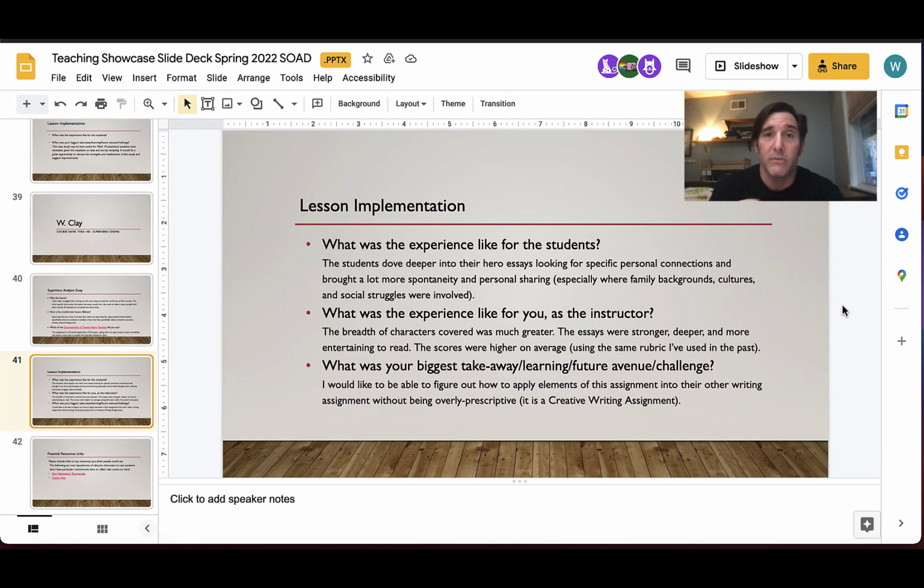What I'd like to do for the future is figure out a way to take this process and angle and move that into some of my other writing assignments and other assignments in the class. I have a creative writing assignment in the course, and I keep it open to the students, that it has to do with superheroes or supervillains, but at the same time it would be nice to nudge them into doing something very culturally responsive as well, creating a character that they respond to and that is really connected to them.